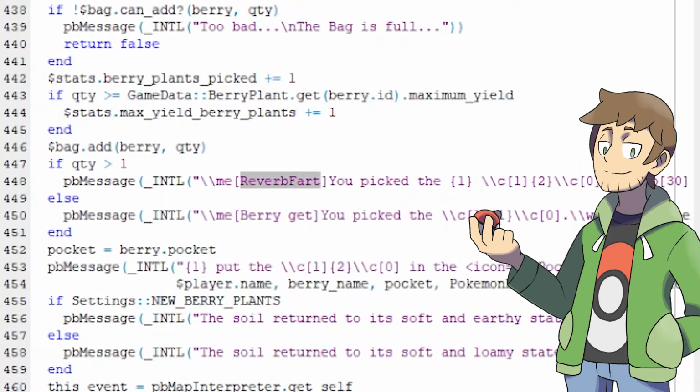And for good measure, let's copy this and put it in both sections. Now, every time we pick up a berry, it should play a fart sound effect instead. That's pretty great. One thing we could also do is instead of //ME, we could do /SE to play sound